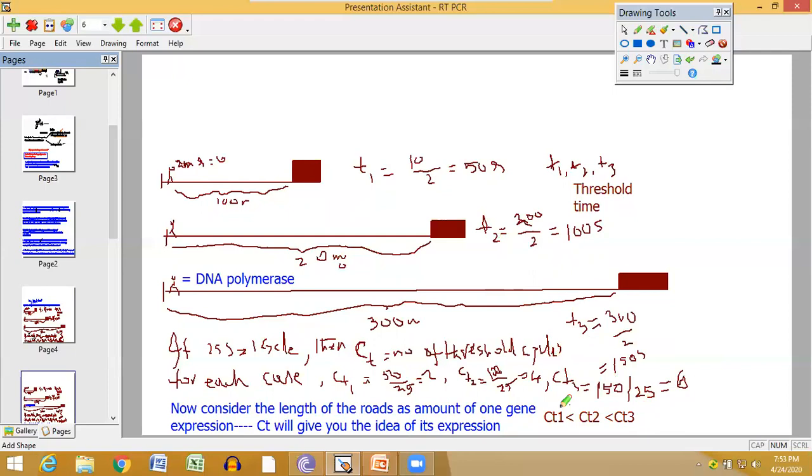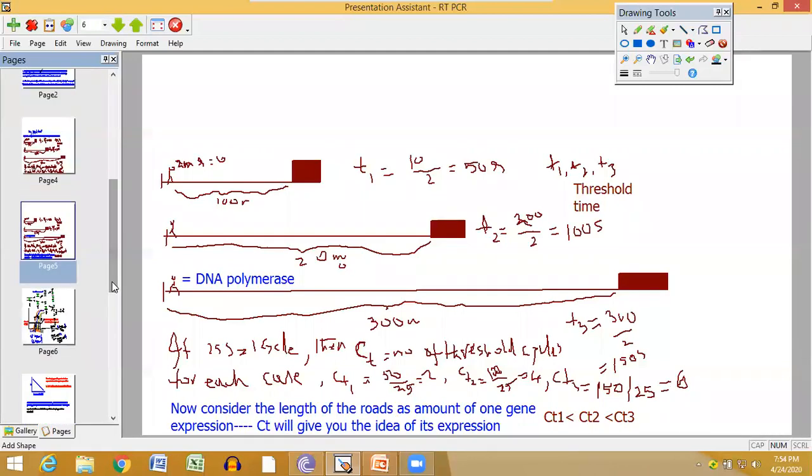So what we are doing here is basically a fundamental clarification of the concept. We are basically converting the expression scale into a time scale. Even if you do not know the expression, we just measure the CT because we have the time clock. You can measure the CT and express which gene is most activated or most expressed, or which gene is least activated or least expressed. Okay, this is the fundamental concept of real-time PCR.